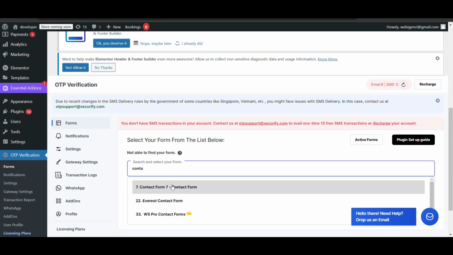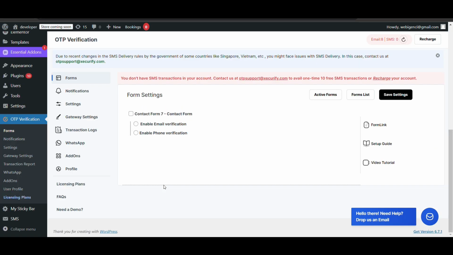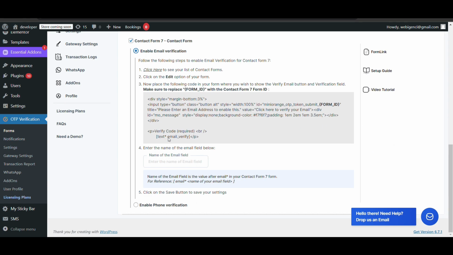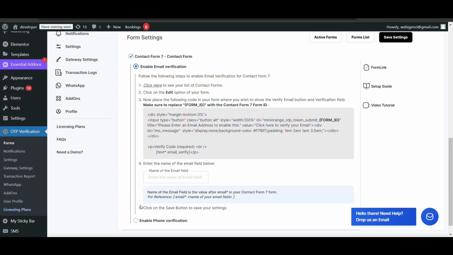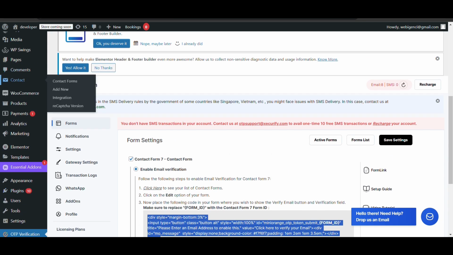You can use some other form if you want, but here we are using Contact Form 7. I just want to enable email verification as of now. There are also options to enable phone verification. Now I just need to copy this. Go to your form, this is my contact form.